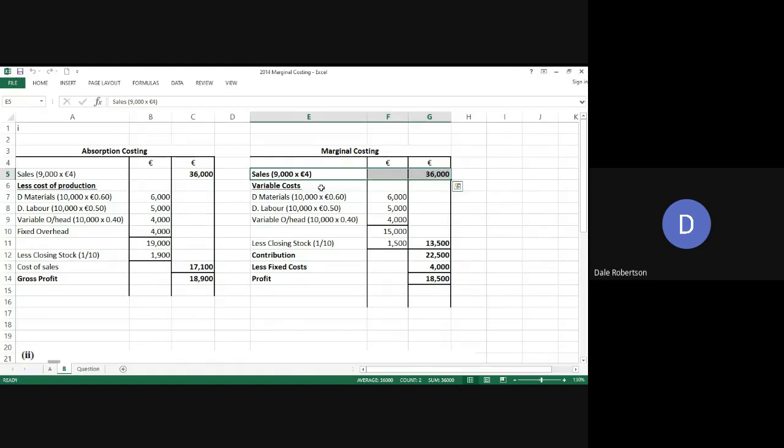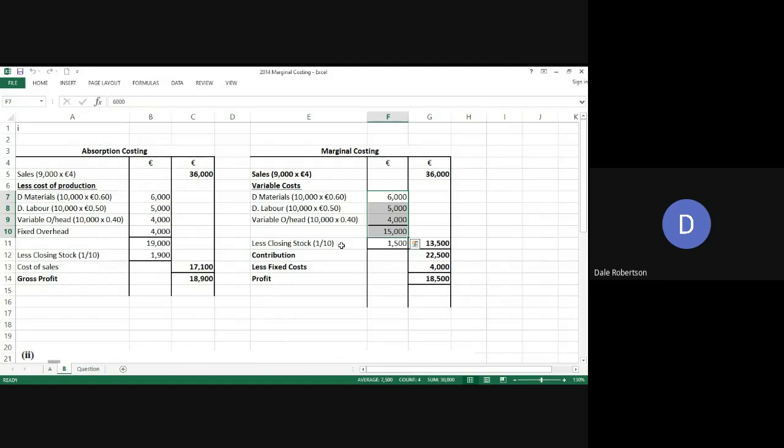Now the variable costs are the per unit costs. 60 cent per unit gives you 6,000. 50 cent per unit gives you 5,000. 40 cent per unit gives you 4,000. You just add up your variable costs to get 15,000, and it is on this that you take off your 1/10 or closing stock